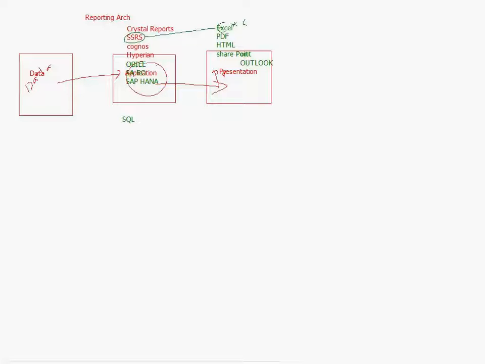It can, using the connection tool called ODBC or OLE DB, bring known formats also.